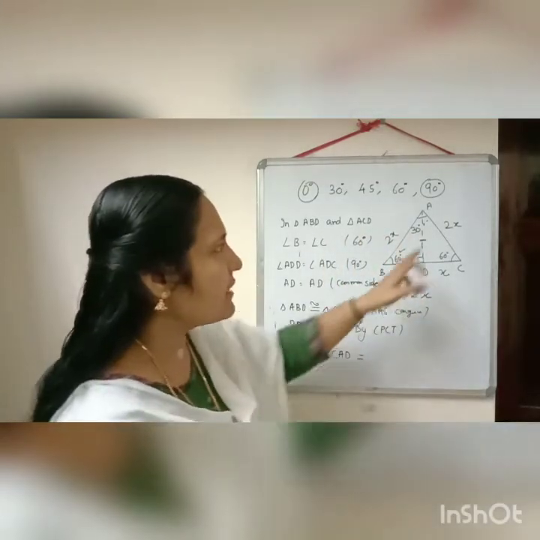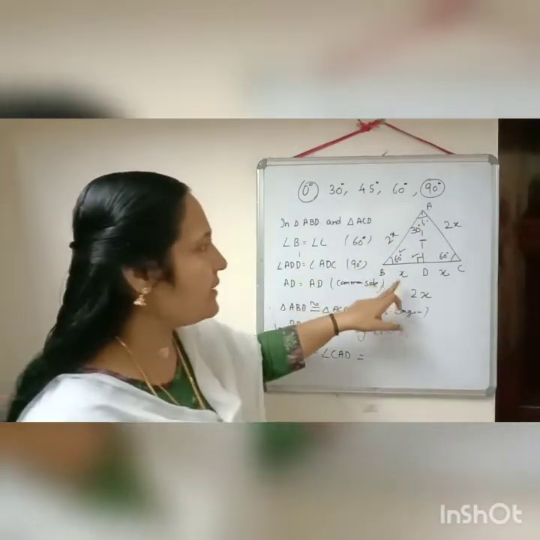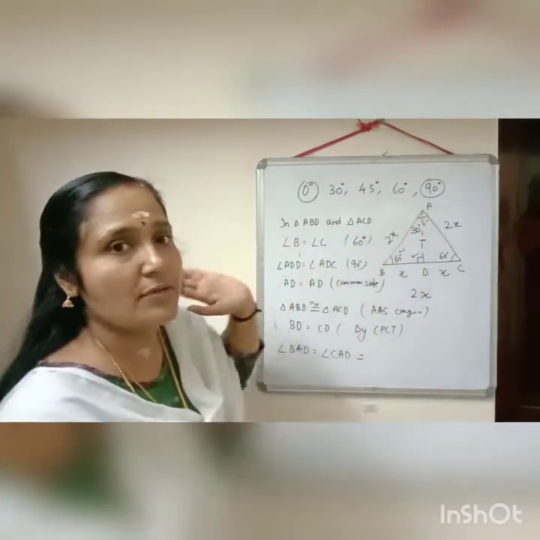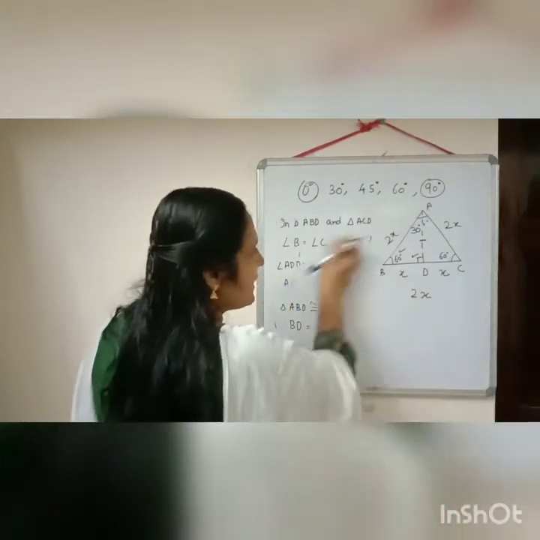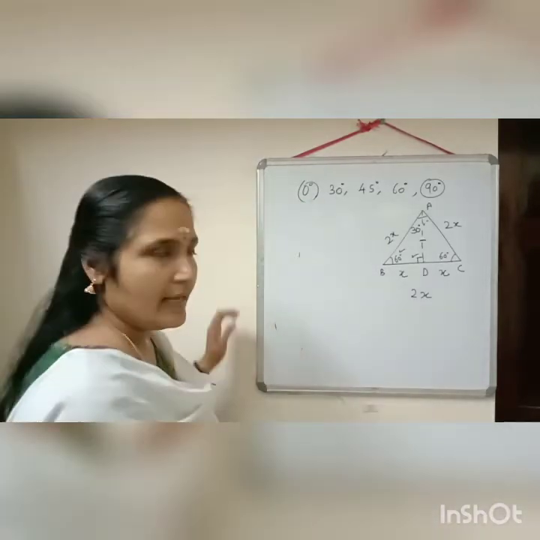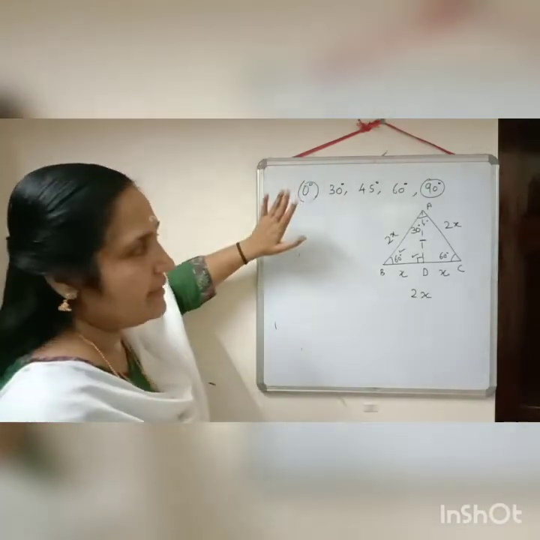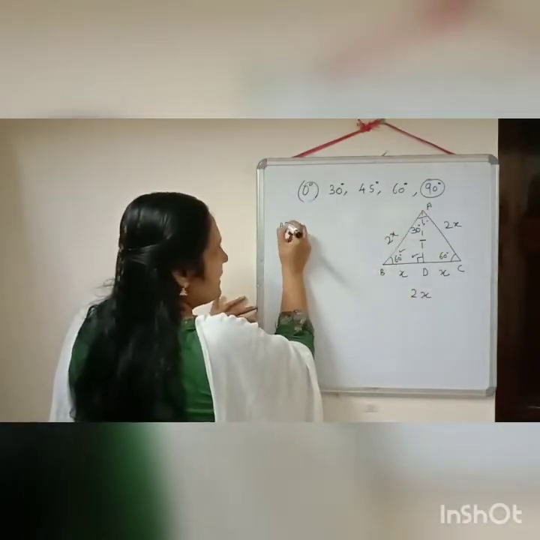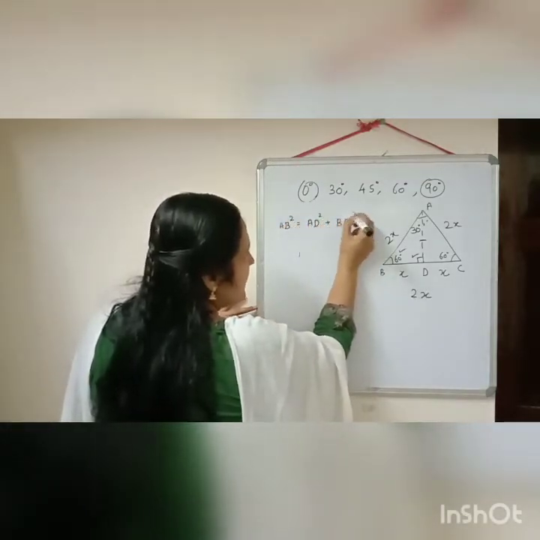Now just to check, we have a right triangle ABD in which we know AB is equal to 2x and BD is equal to x. But we don't know this side. AD is equal to how much? That we don't know. So first we will calculate the value of AD using Pythagoras theorem. All of you write down in triangle ABD. I am not writing, you just write down. In triangle ABD, what will come according to Pythagoras theorem? This is the hypotenuse. So we will get AB square is equal to AD square plus BD square.